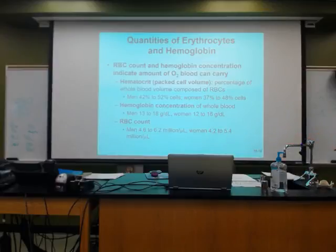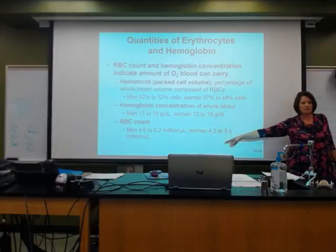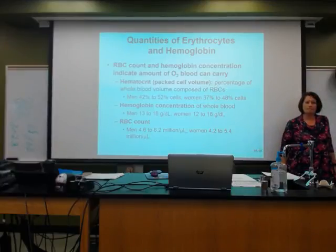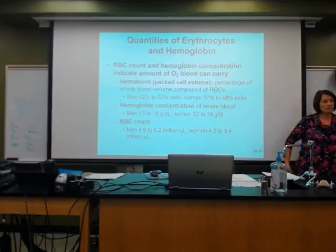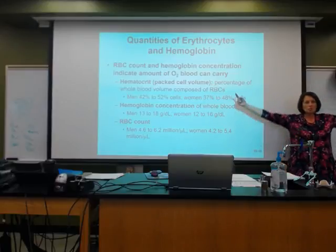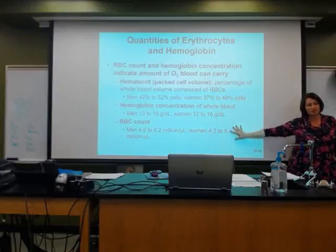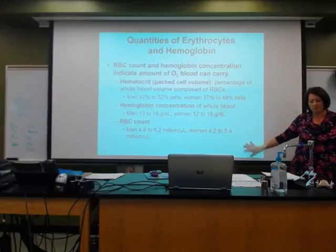Any of y'all ever seen a microliter? Ever had to pipette a microliter? It is a tiny amount. 4 to 6 million red blood cells for a man. 4 to 5 for a female. There can be more, there can be less. Each one comes with a problem. These are our normal ranges that should be found. In women, the reason that the numbers are a tad bit lower